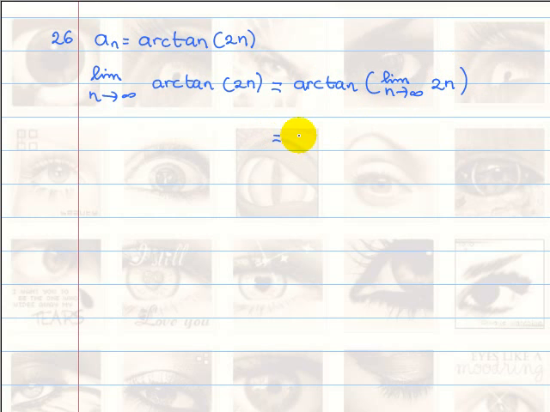So we can think of this as arctan of infinity, because the limit of the term inside the parentheses is infinity, so we can just put infinity. Actually, this is kind of abusing the notation because infinity itself is not a number, but for practical purposes we can assume that arctangent infinity has a value which is pi over 2,